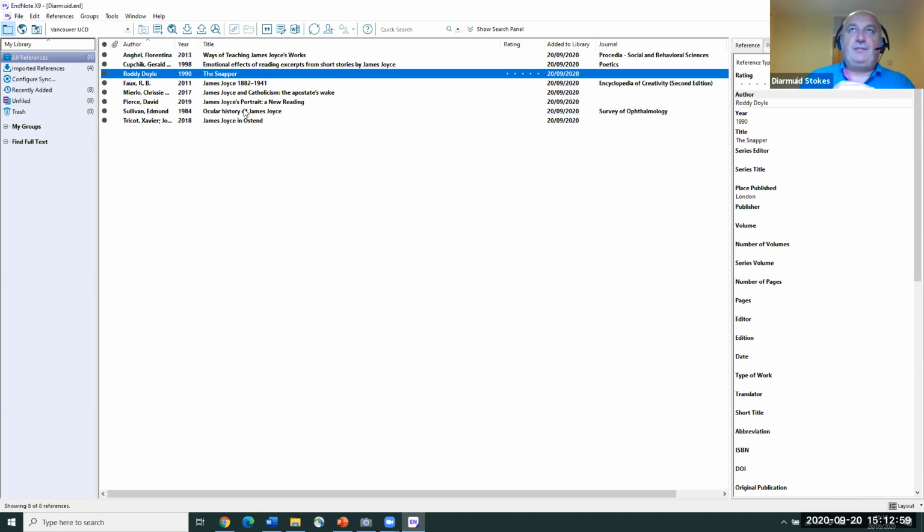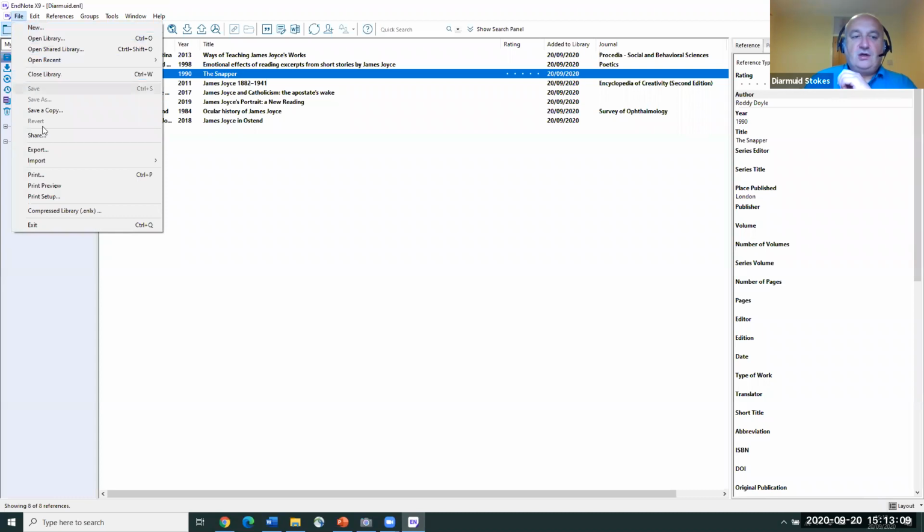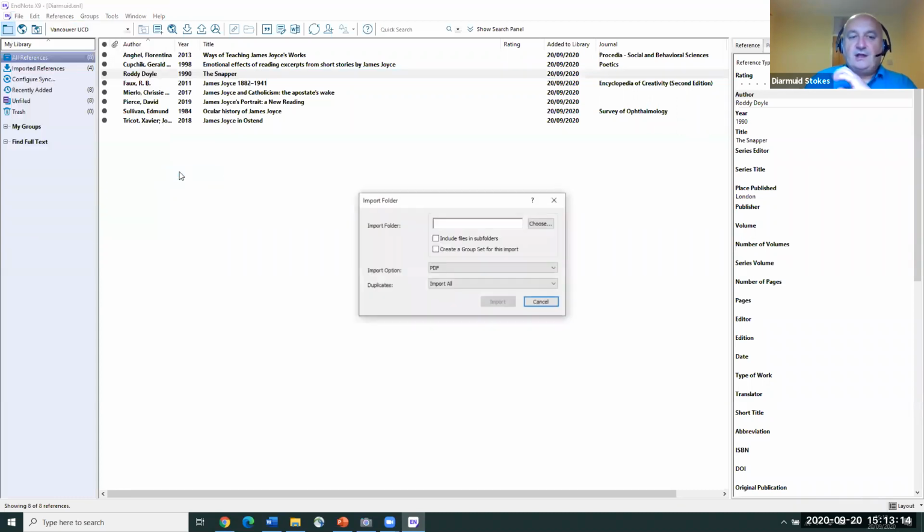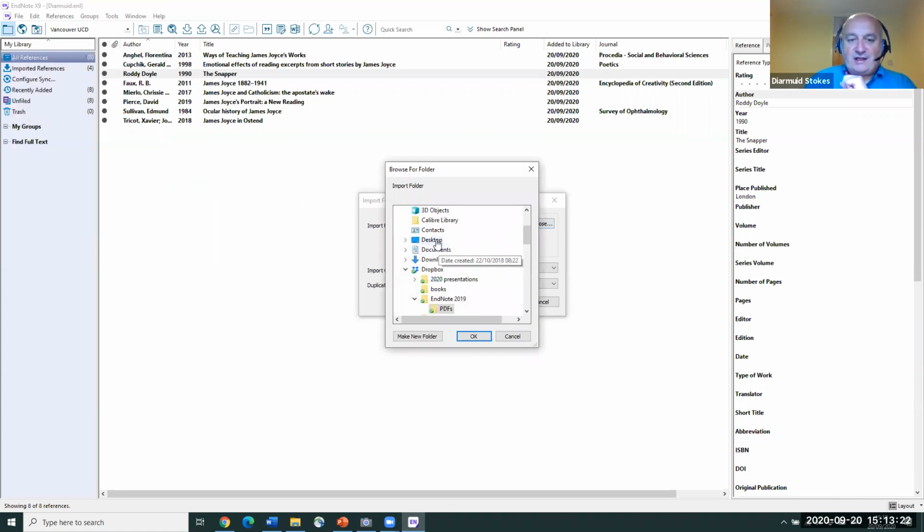And then you can start bringing those references, those PDFs, quickly into your library. To do that, you go to File, you go to Import, and you go to Folder. Now I've saved all my PDFs onto my desktop, so I just click on the Choose button. I work my way to the desktop, and then I have them all in a folder called